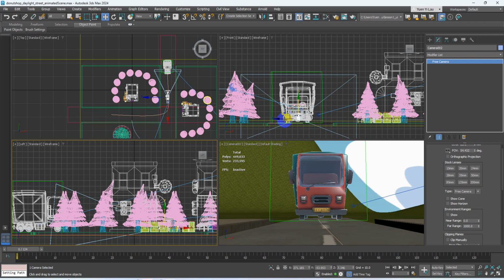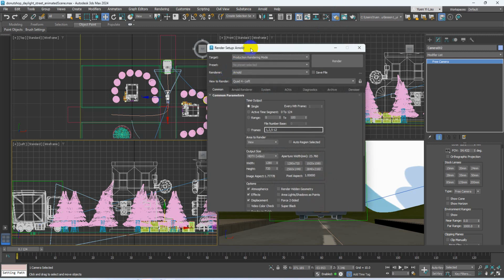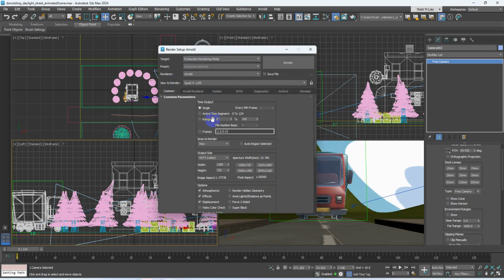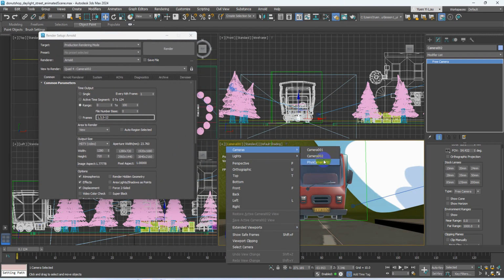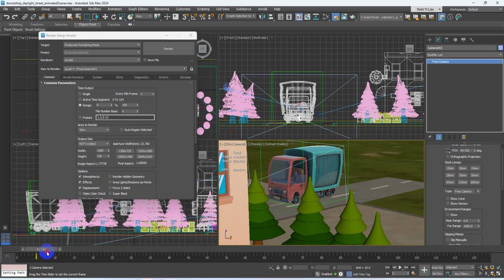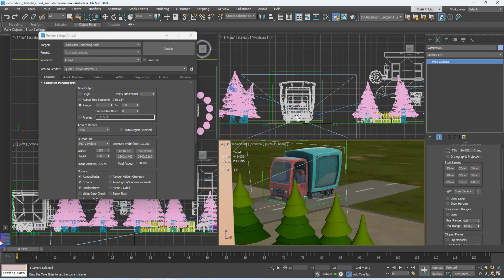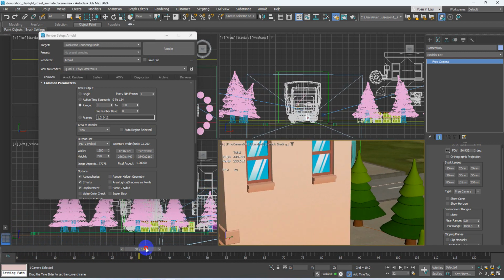Okay, because we have 3 cameras, we have to do the rendering 3 times. So I'm going to render setup. I'm using Arnold. Think about how many frames you want to render. Maybe we start from the first cam. Okay, frame 0